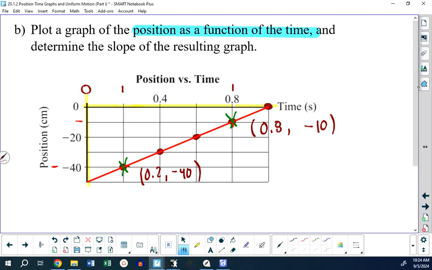So one of those is at 0.2 seconds, comma, negative 40 centimeters. The other one is at 0.8 seconds, comma, negative 10. And then